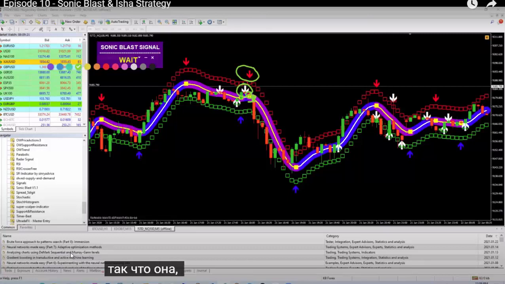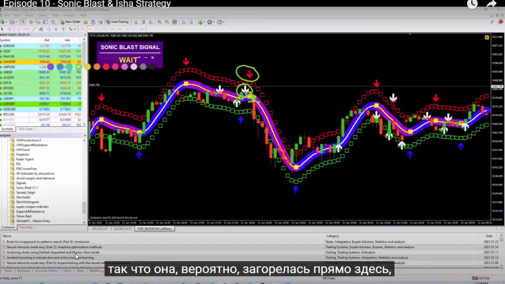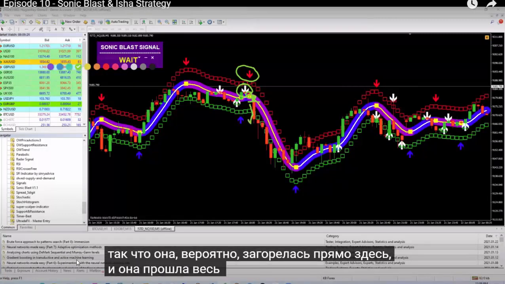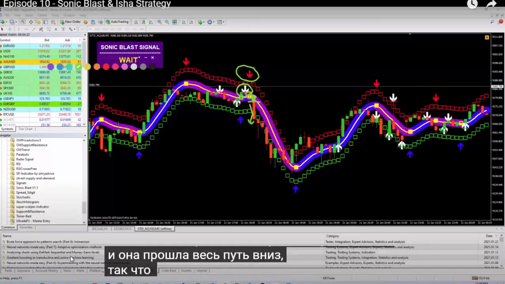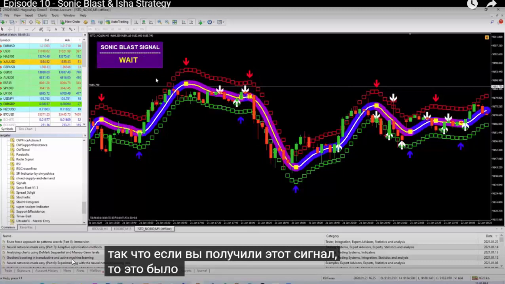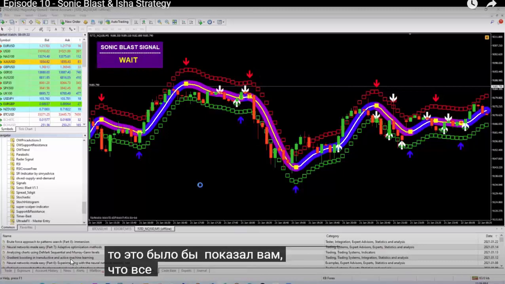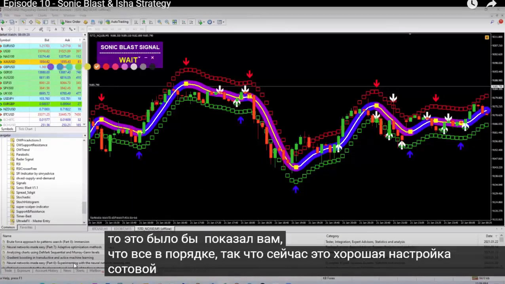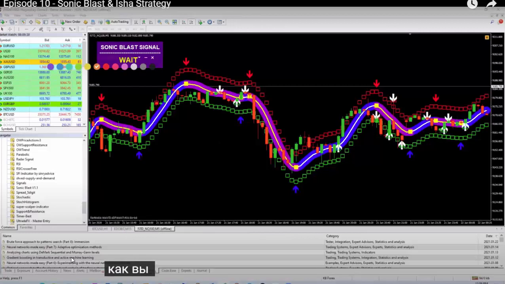So it probably fired right here, and it took this all the way down. So if you got this signal, then that would have showed you to get in. Okay, so that is a good sell setup. Now, as you can see